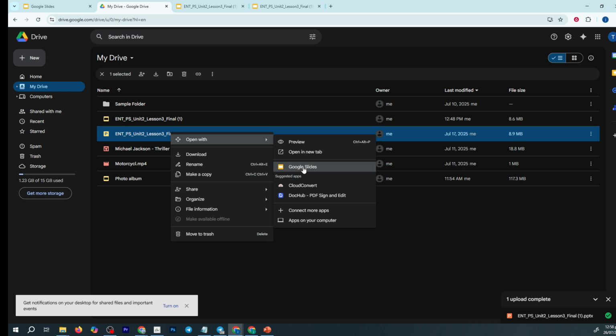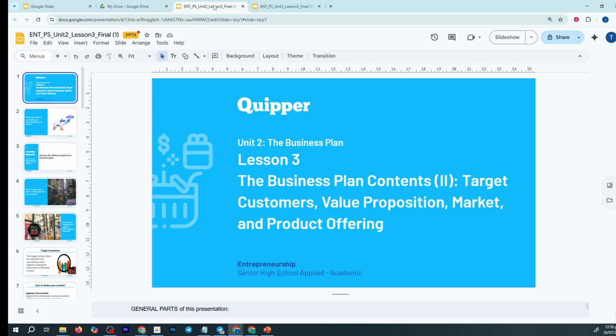It's a seamless process, and what's great is that you don't have to worry about compatibility issues. Google Slides manages the transition quite well. Now that your presentation is open in Google Slides, you might notice that the transition has preserved the integrity of your slides quite effectively. You've essentially reached the final step, which is to save this newly opened file as a